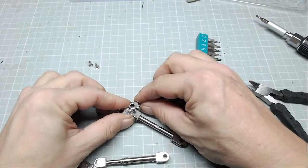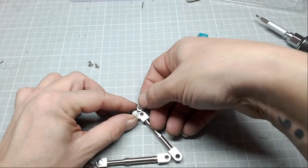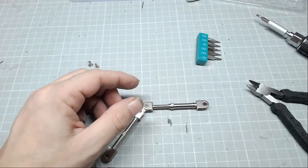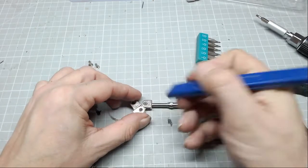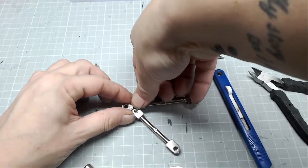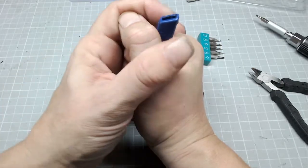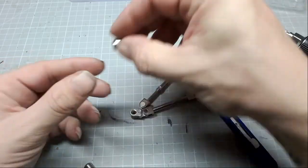There we go. It's just a little bit off. So let's pop the sleeve in. There we go. And then pop the pin in like so. These aren't easy to put in, but they will go in. There we go. And then lastly, we have